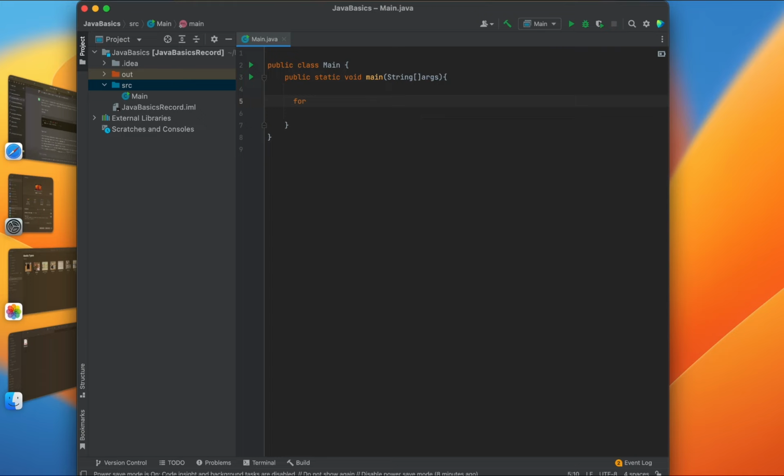So the keyword of loops, the for, starts with the keyword for, then I declare and initialize a variable, name it i, equal to 1. Then I will write the condition i less or equal, for example, 5, and i plus plus. Then I need to open curly brackets, and here I will write a command to print to our console,